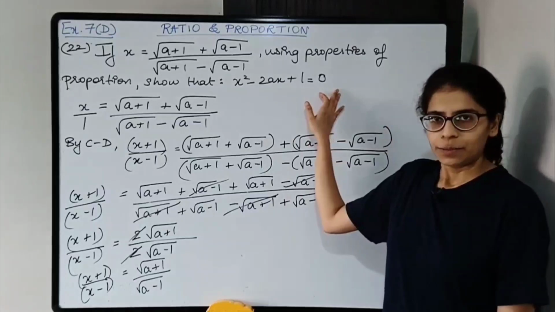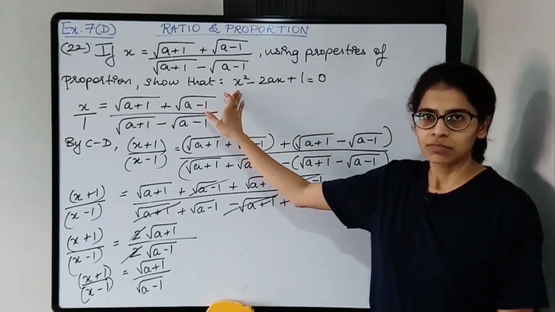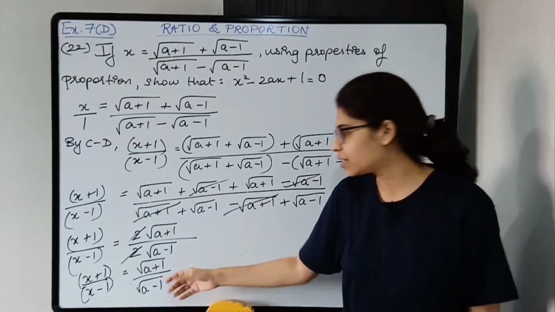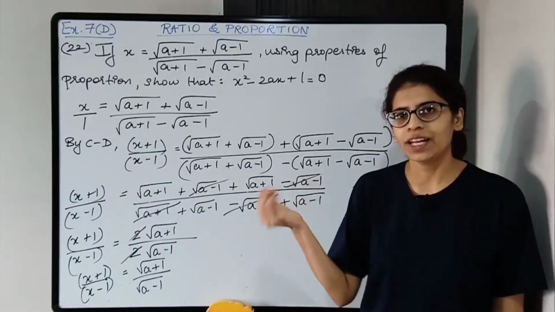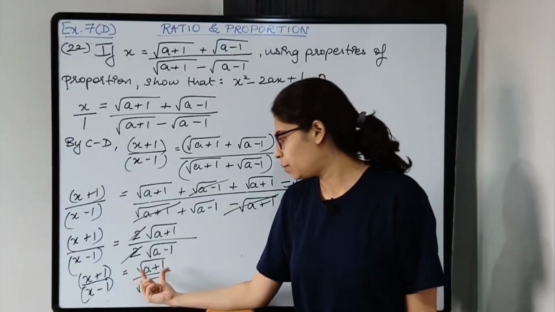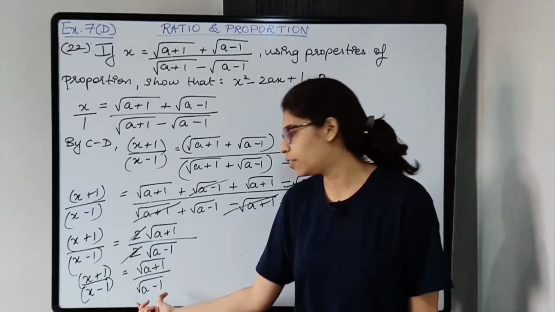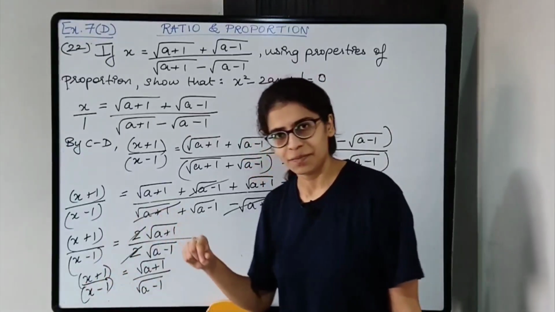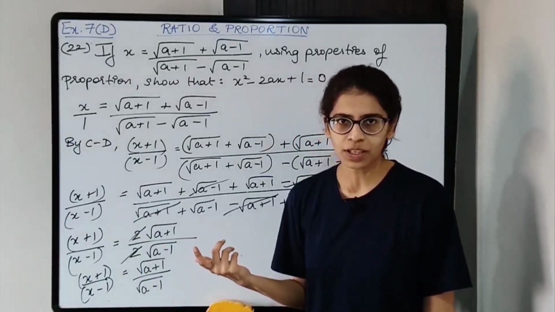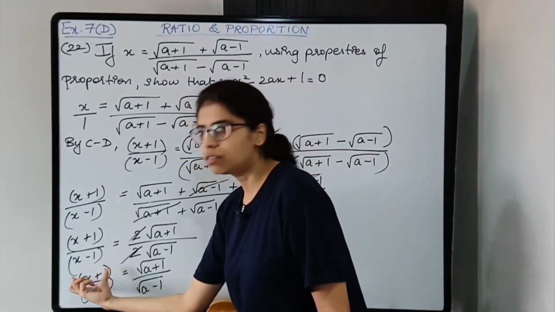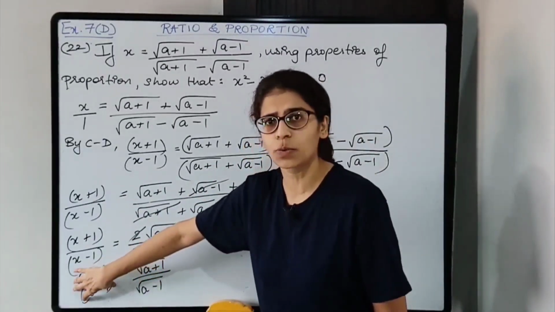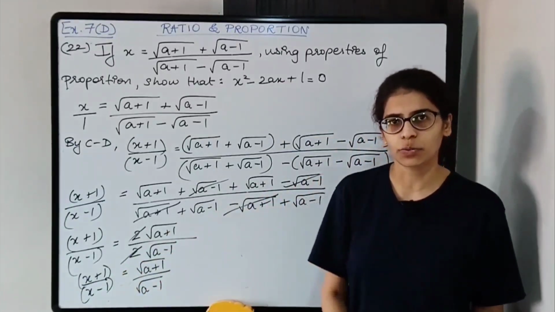Check the to-prove part. There is no root. So what do we need to do? We need to square this. When you square, the root will vanish. Square and square root cancel out each other. So this root will go away and you are left with a plus 1. Here also the root will go away and you are left with a minus 1. Over here, this entire thing will be squared, this entire thing will be squared. Square applies to the entire term, the entire polynomial that is present. So the entire LHS gets squared, the entire RHS will get squared.